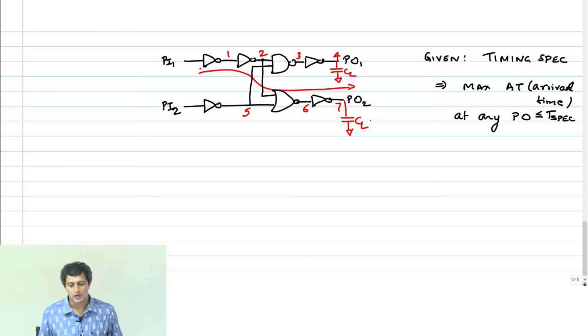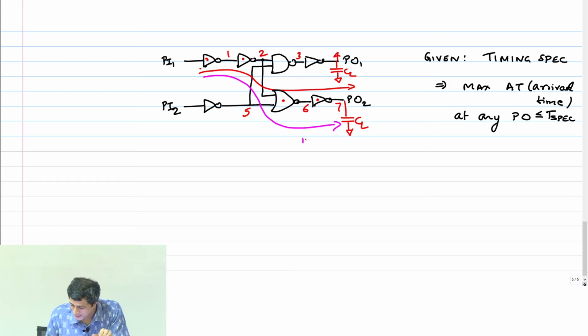So what will I do? I will now pick this inverter, this NOR gate, this inverter, and do my path delay sizing. In the process, what are you going to do? You will end up upsizing the gate progressively. From input to output, the gate sizes will start going up, or the capacitance will start going up by what factor? Stage effort. It goes up by the factor of the stage effort, right? Therefore, this will be increasing size.